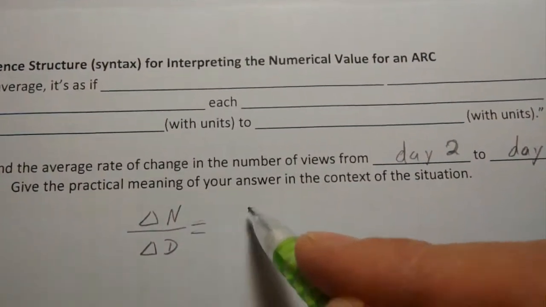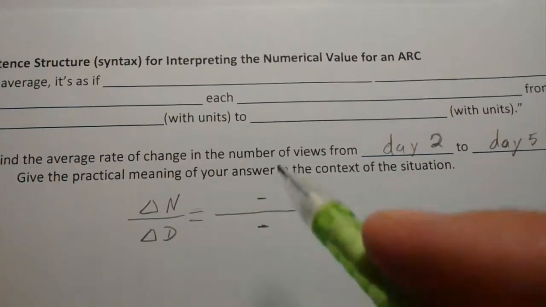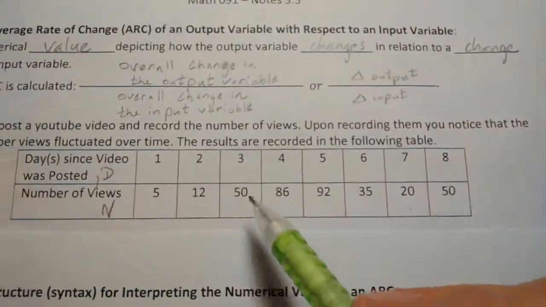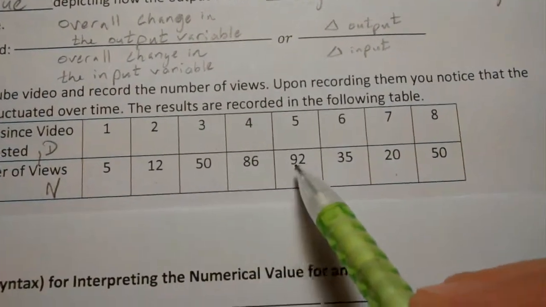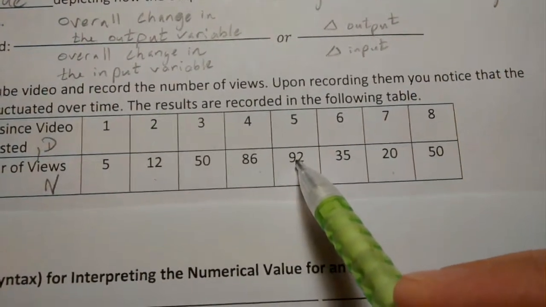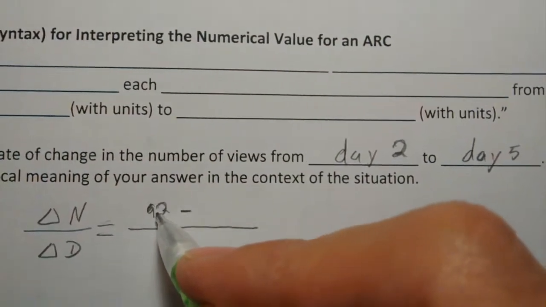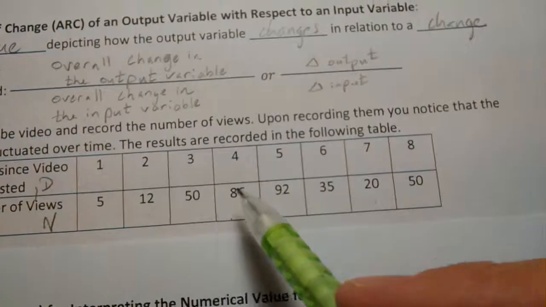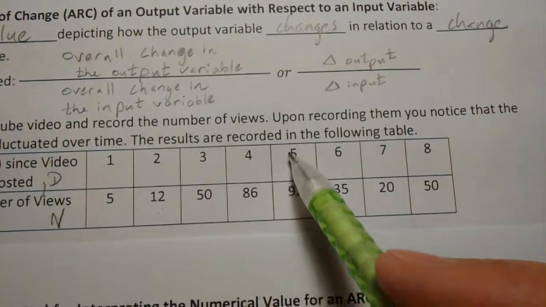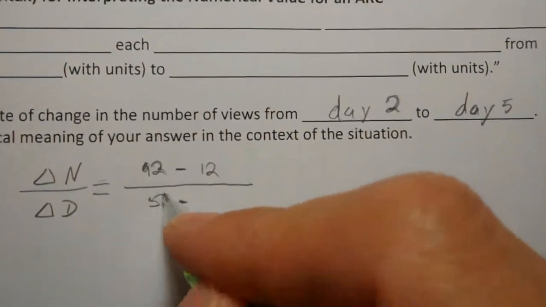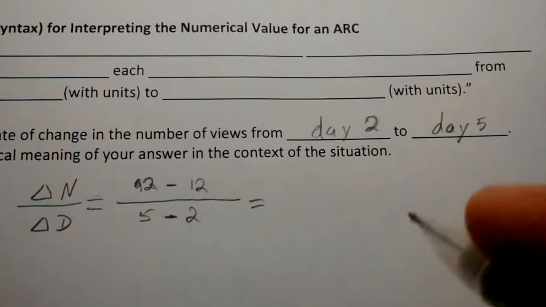And so what is the overall change? Well, to find change, if you remember from our first video, you need 2 subtractions. The overall change here in n, from here to here, that's an increase, and the idea is to subtract the final minus the initial. So that's 92 minus 12, and then the change in the input is from that to that, so that's 5 minus 2, and it's always the final value minus the initial. So what do we get there? We get 80